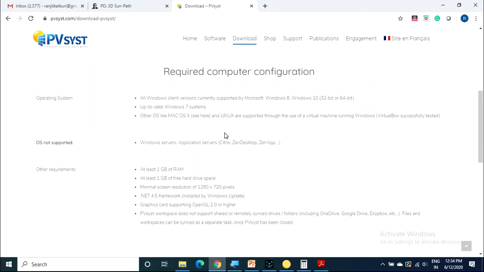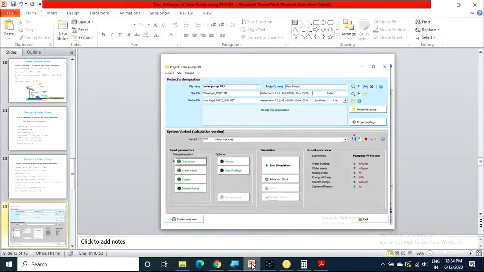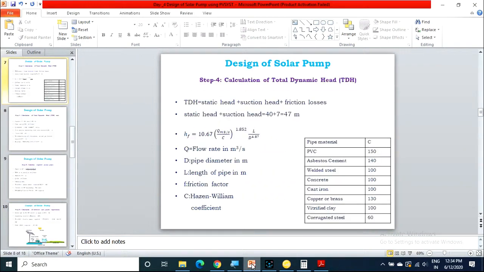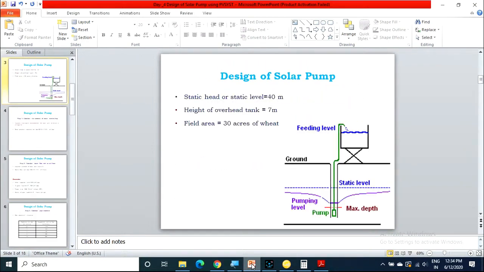The head calculation that we have chosen, the static head, we are asking for the total dynamic head. In the first step, we have chosen the static head, that is from the water surface to the ground surface. From the ground surface to your overhead tank, that is the suction head.